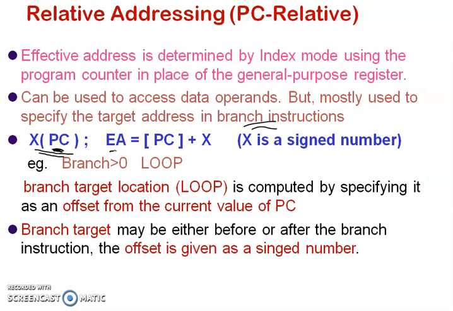So the effective address is computed like EA is equal to PC plus X, where X will be a signed